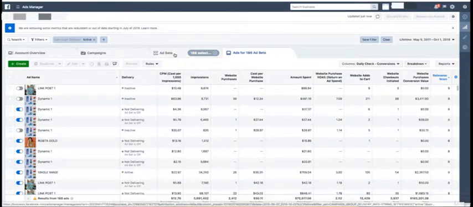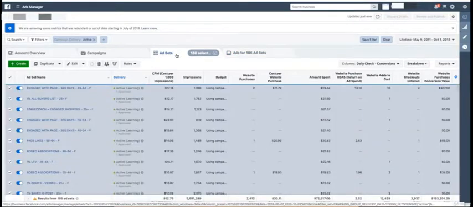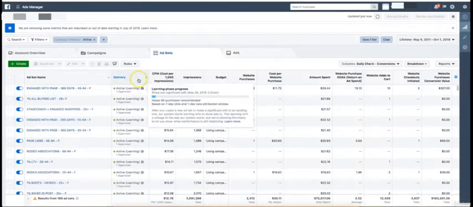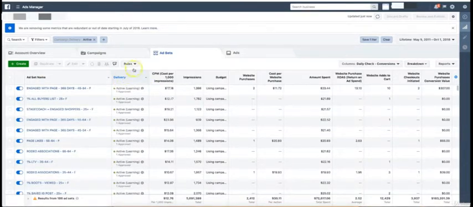So the next thing I want to talk about is delivery insights. So Facebook has actually given us an option for delivery insights, okay? So you need to have the delivery column enabled, and you can only see it in the ad sets tab, okay? So you can see here